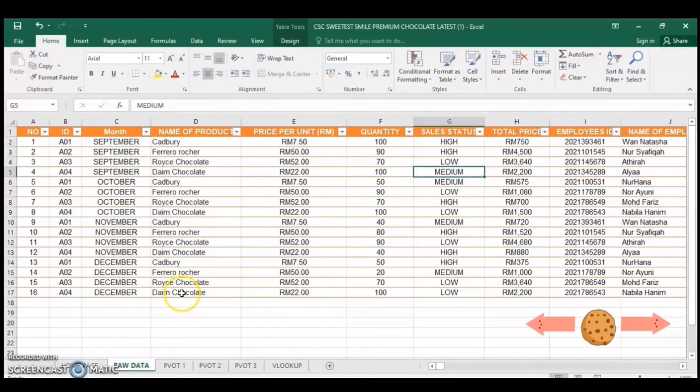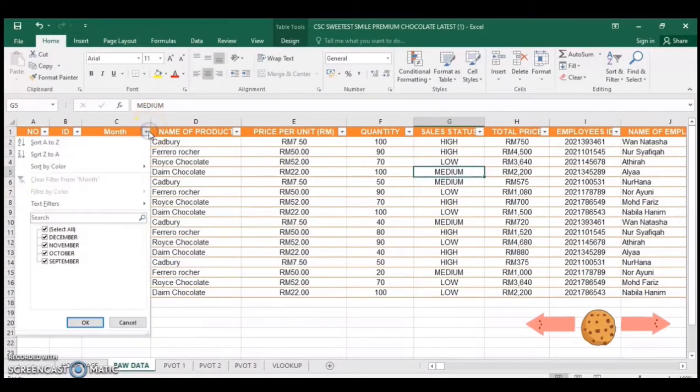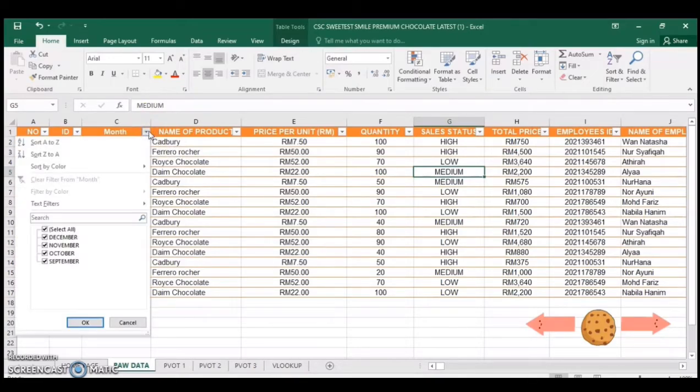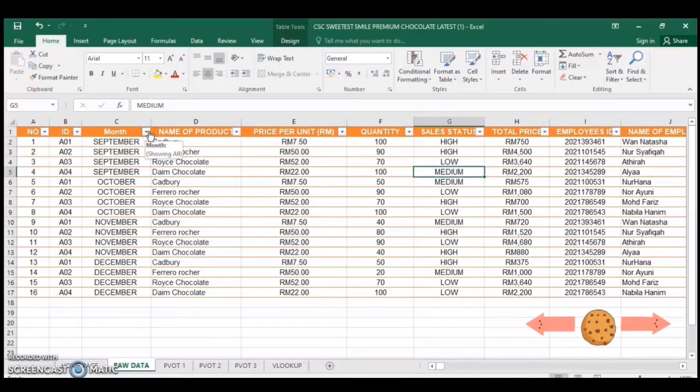Hi, Assalamualaikum. My name is Nurhana Alia binti Johari. So first, we are using the filtering function. Why are we using the filtering function? The reason is the filtering function will help to easily extract what we require from large data, more than 5 or 10 rows, into a small set of data. For example, I will show it from the larger data to the smaller set of data.